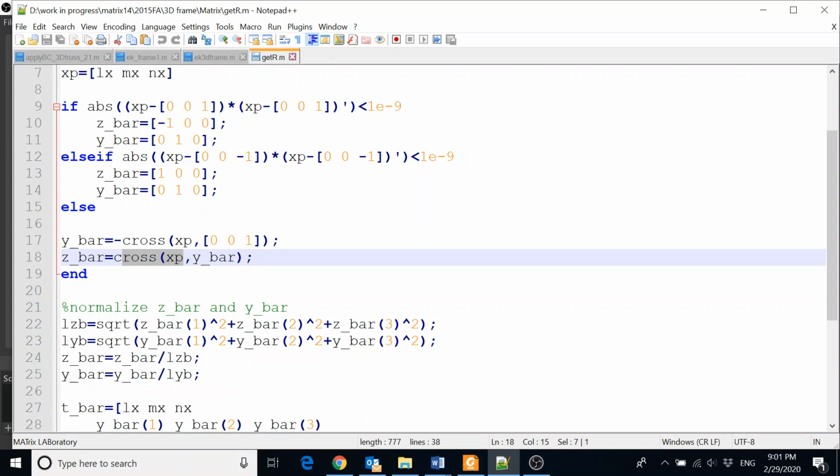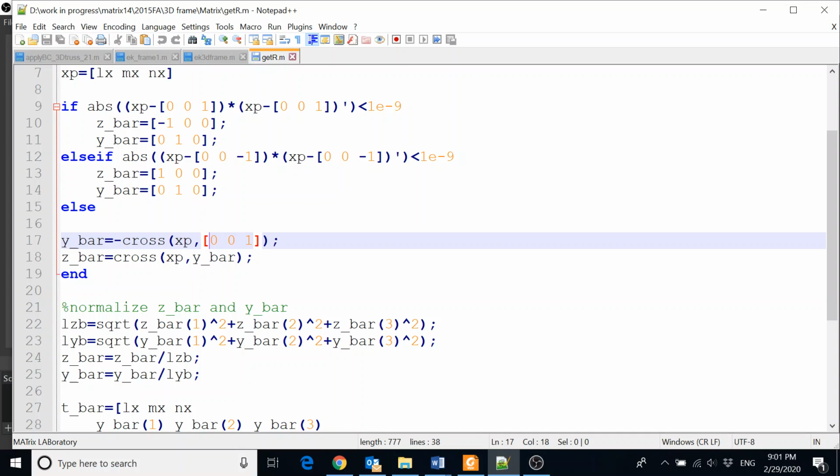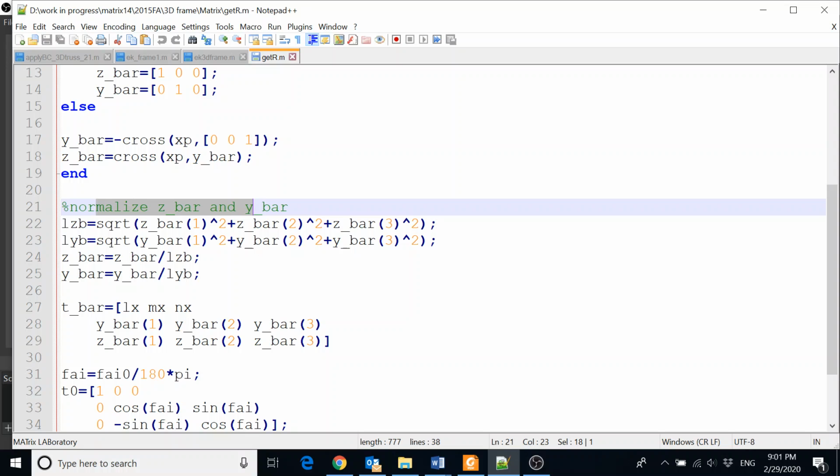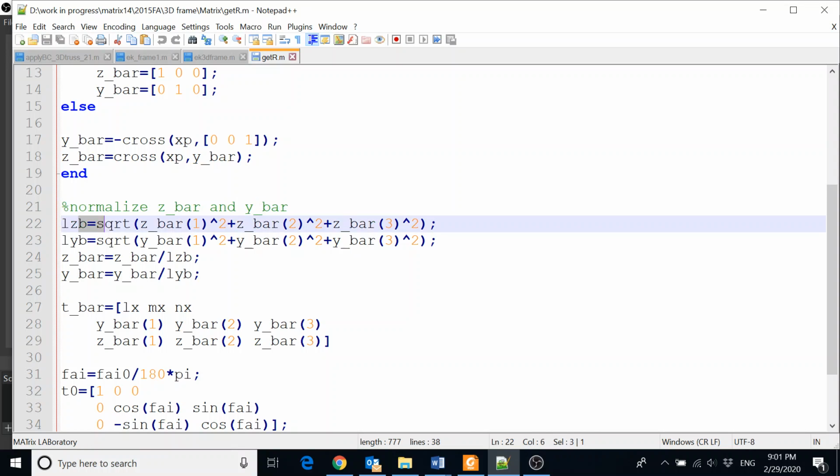Now, I told you, if you just cross this, because those two guys are not perpendicular to each other, most likely this won't be a unit vector. As a result, this won't be a unit vector as we do it here. So we need to normalize it, because otherwise they cannot be directional cosines. Just calculate the length, divide them by the length. Then you got your